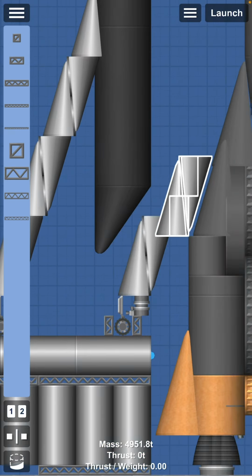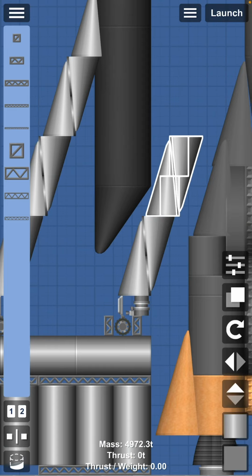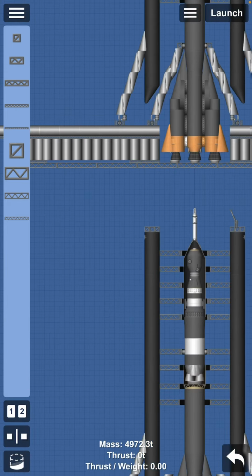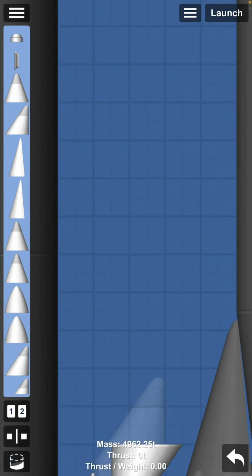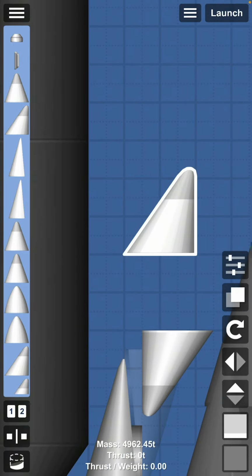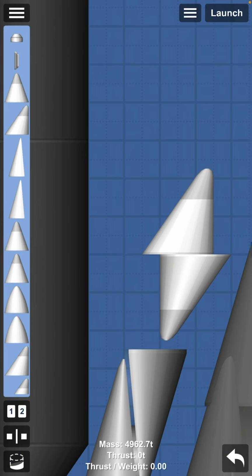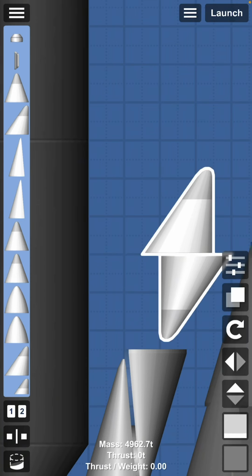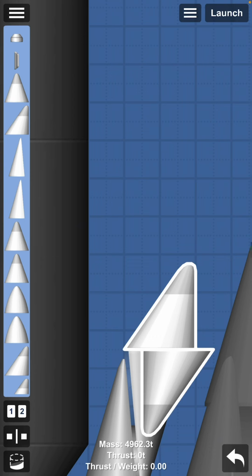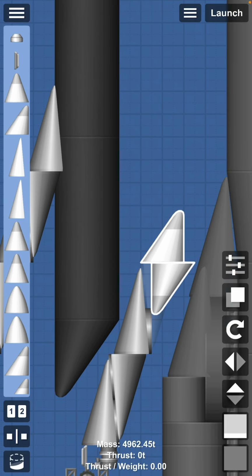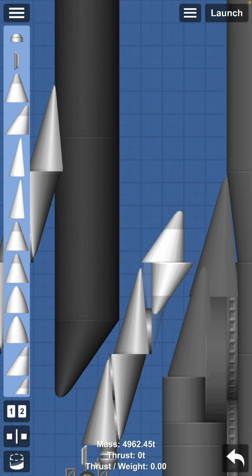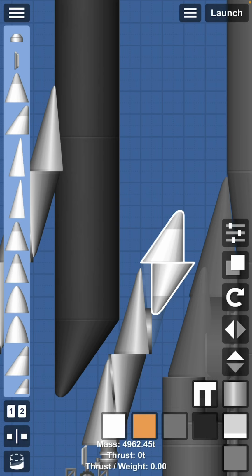Now I can take this and duplicate it one more time on the top over there. So now I have 2 aerodynamic nose cones right here, and what I do is offset these two by 1 pixel,